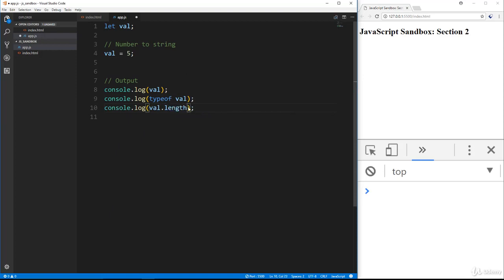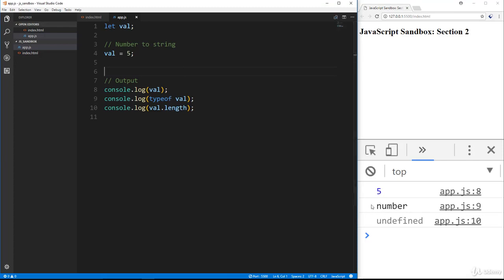Now length only works on strings because it's a string property. It gives you the number of characters in a string. So let's go ahead and save this and run it and see what we get. So first thing we get is 5, which is the value. That's fine. Number is the type, and then val.length gives us undefined